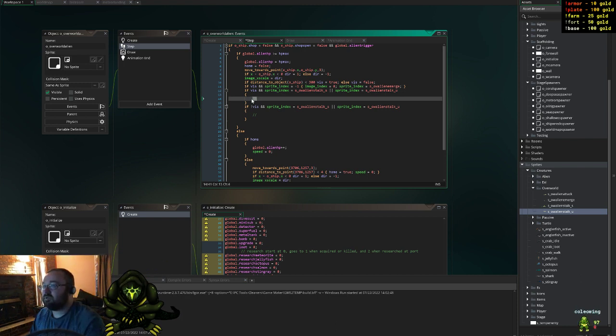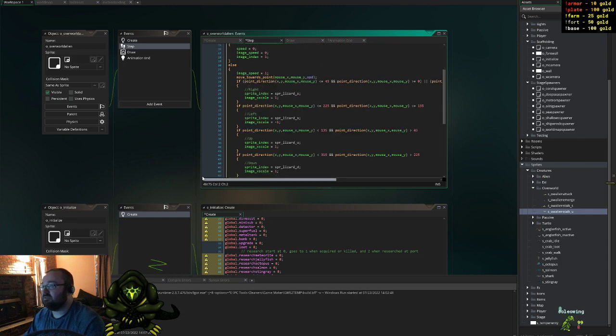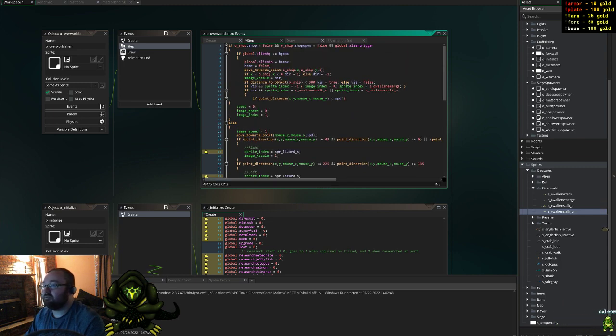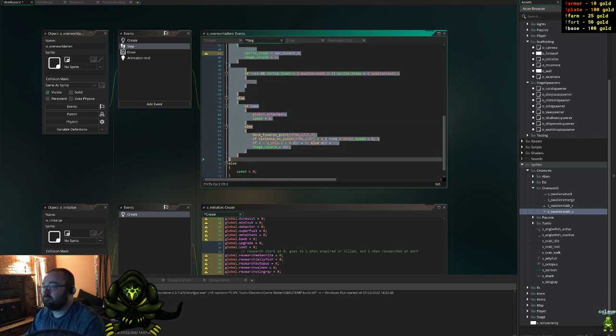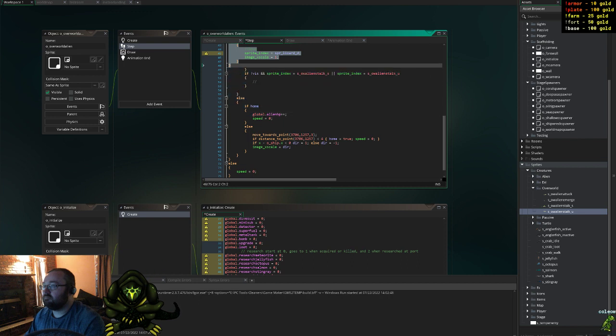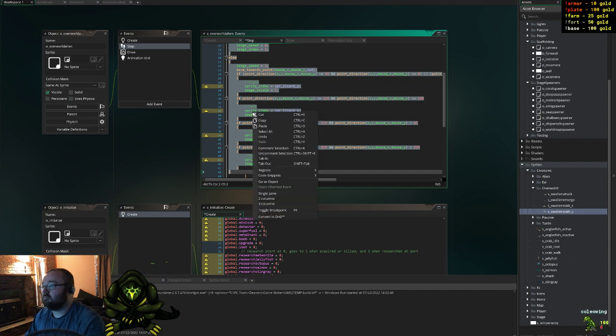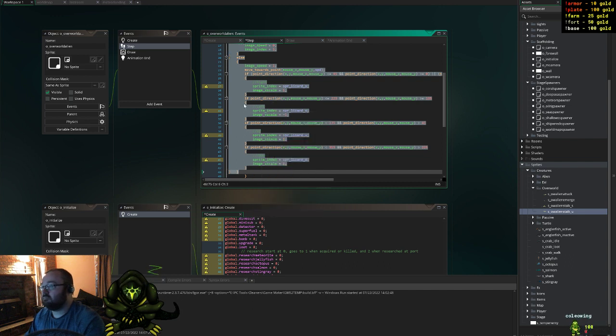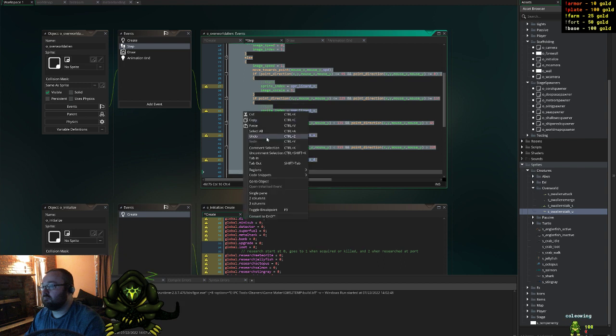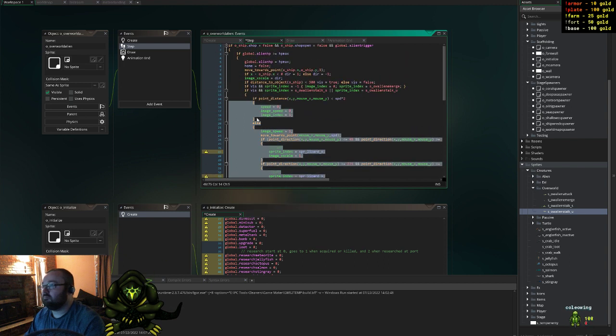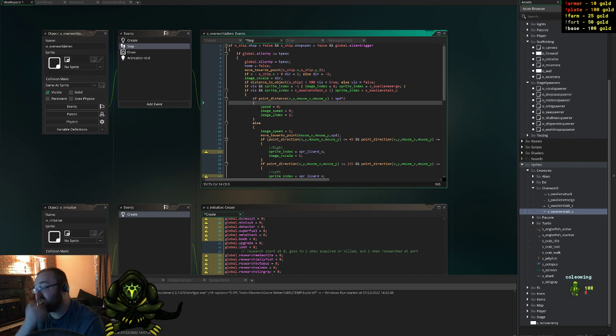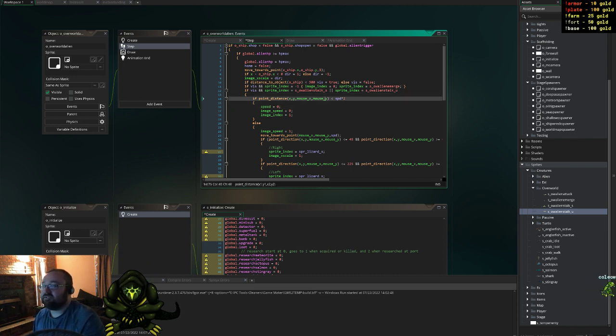Alright, this is the full code, but we're going to have to edit this. That puts it where it's supposed to be. So point distance. So it was following the mouse in this code, but